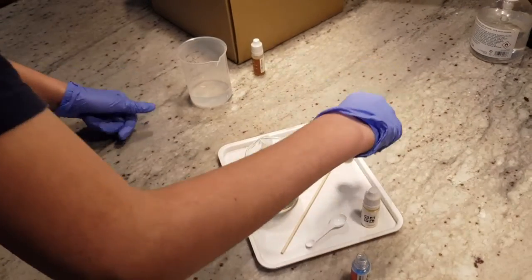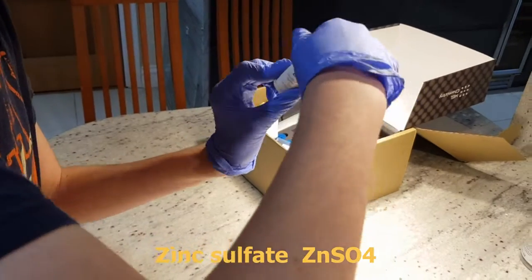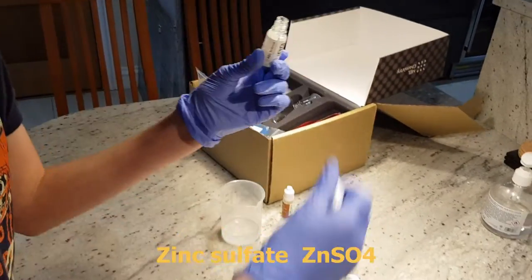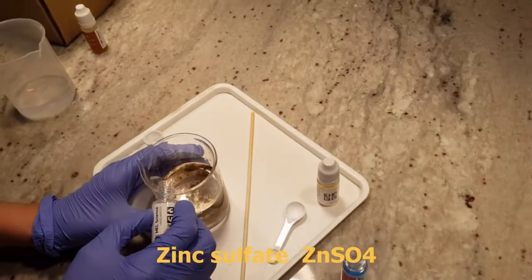Then I'm going to pour zinc sulfate. I won't use a spoon because zinc sulfate,